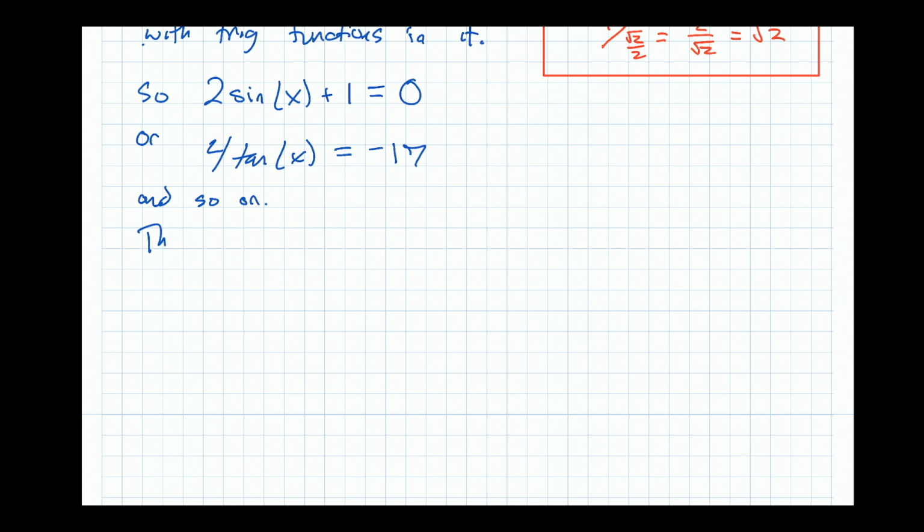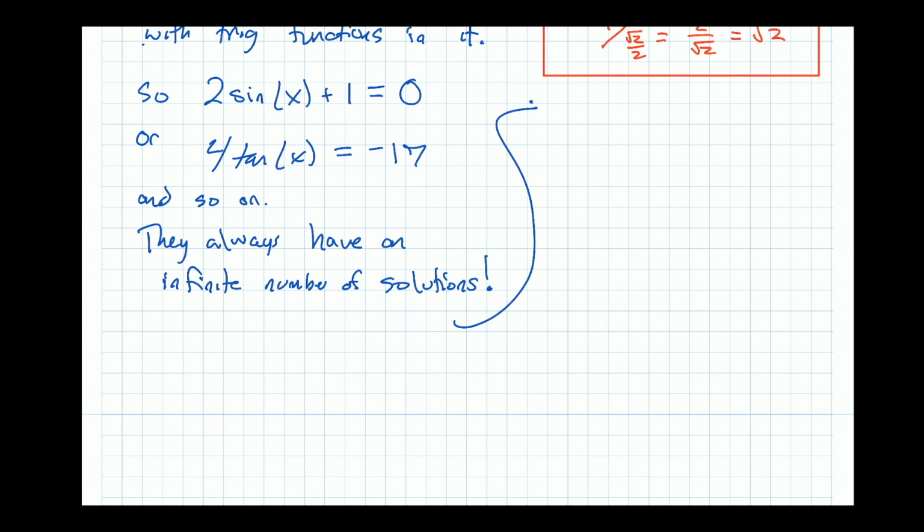So they always have an infinite number of solutions. Why is that? Well, think about it. Consider a very simple one here. Consider sine x equals 1/2. That's a trig equation, right? But if you look at the graph of the sine function,